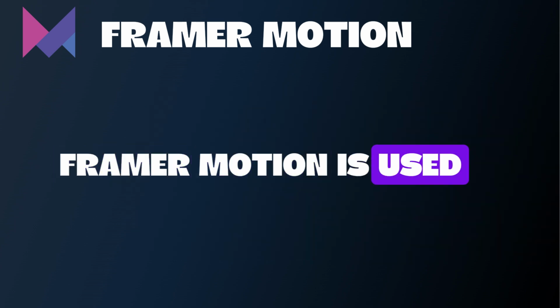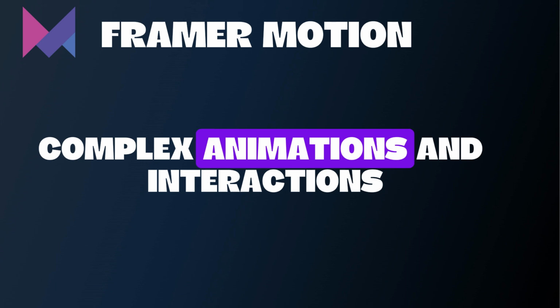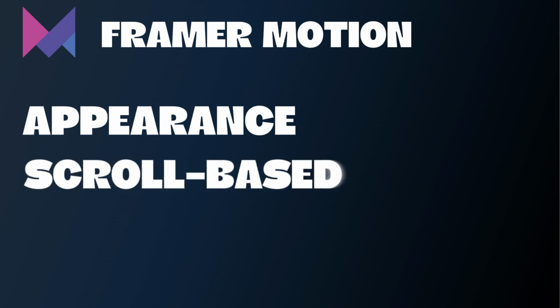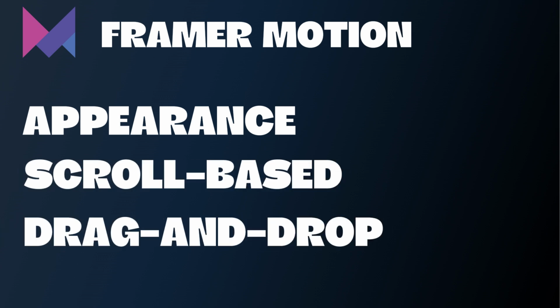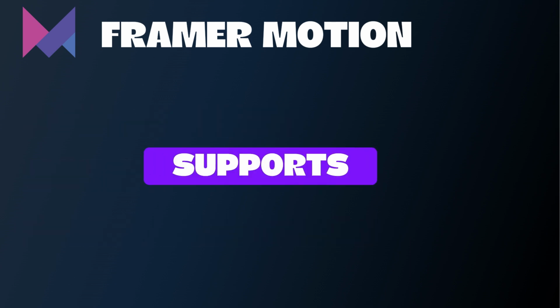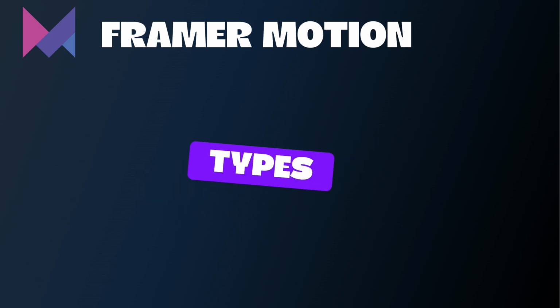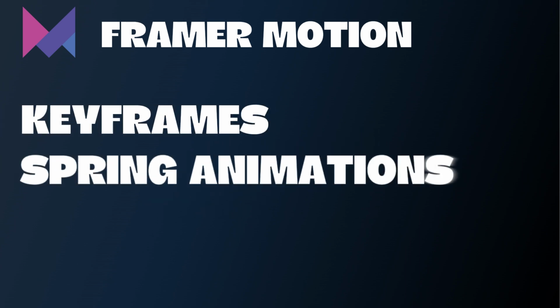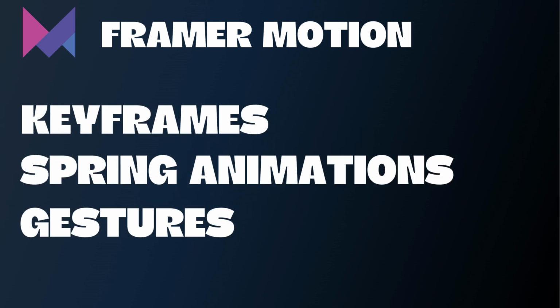Framer Motion is used to create smooth, complex animations and interactions, whether you're animating the appearance of a component, adding scroll-based animations, or creating drag-and-drop functionality. Framer Motion makes it straightforward with its powerful yet intuitive API. It supports a variety of animation types, including keyframes, spring animations, and gestures, allowing it to create highly interactive user